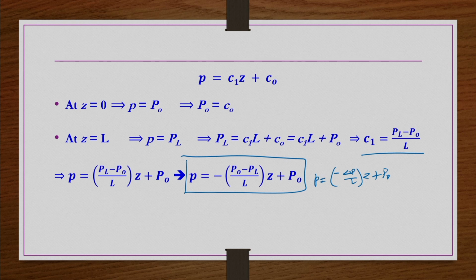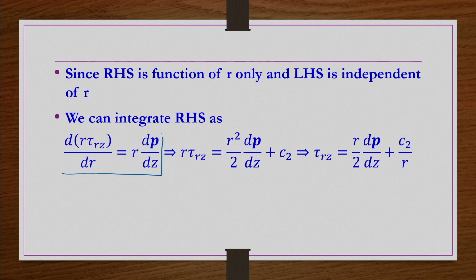What we understand is that we knew P is a function of z, but we did not know in the previous slide what kind of function it is. Now, we realize that it is a linear profile. Okay. Now, we can integrate this one. Here we are taking dou p by dou z as a constant, because the other side we wanted to integrate, because the other side is independent of z.